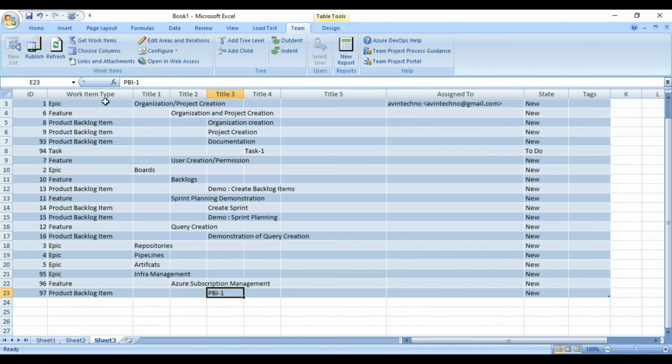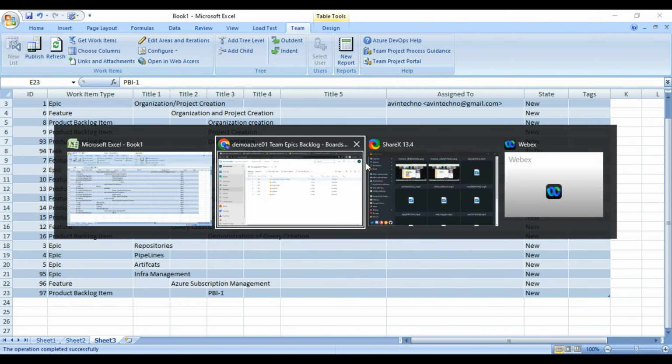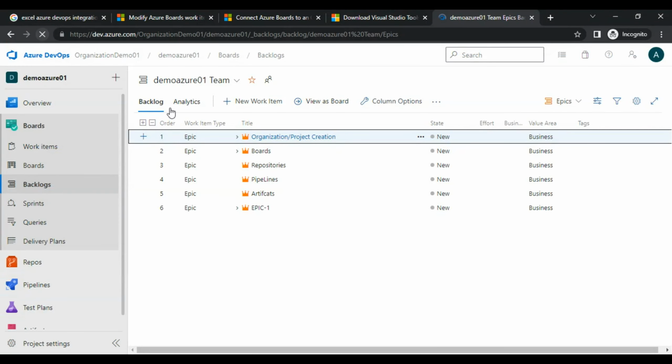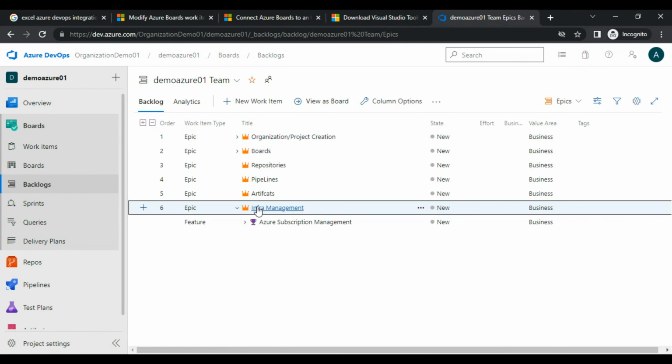Okay, let me just publish it now. Once I publish it, it will simply update. Done. No need to worry. Simply refresh this. Right? This has been updated as infra management, and we have a feature Azure subscription management, and the PBI is